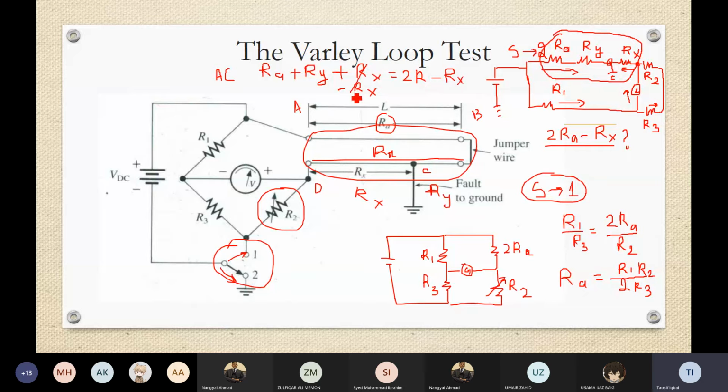Okay, so we don't have this, and therefore the distance between A point and C point, that RA plus RY is equal to 2R minus RX. ये पॉइंट क्लियर हो गया? यस सर।